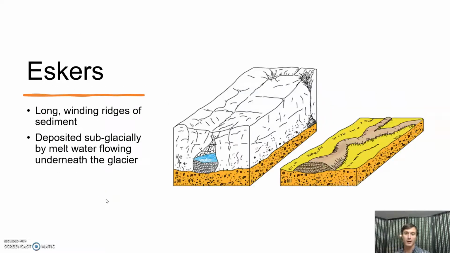First are our eskers. Remember seeing this sort of long ridge of sediment. And you might have thought, well, this looks exactly like a river that has been filled in with dirt. And that's actually exactly how these form. Glaciers are big things, but sometimes at the bottom there is some sort of a crack or a tunnel, a cavity for water to flow through. As that water flows through it, it carries sediments with it and deposits them. Whenever the glacier retreats, melts, and is gone, what is left is just the sediment that was deposited by the subglacial river,